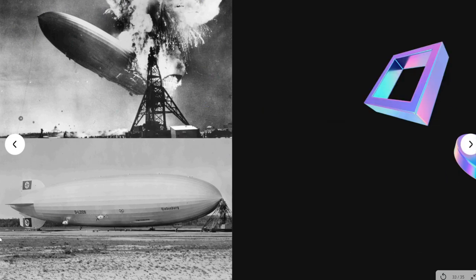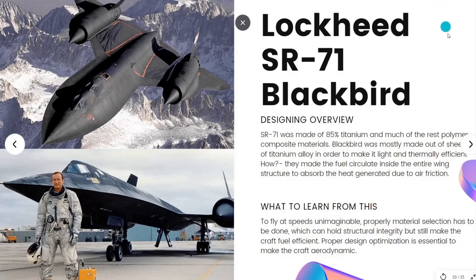The third one in the list, we have Lockheed Martin's SR-71 Blackbird. This is one of the marvelous engineering designs, and this is also my personal favorite. This aircraft can literally travel at a speed of more than Mach 3.5, and it is kind of an invisible aircraft. No one can shoot it, right? But it is currently not in use.